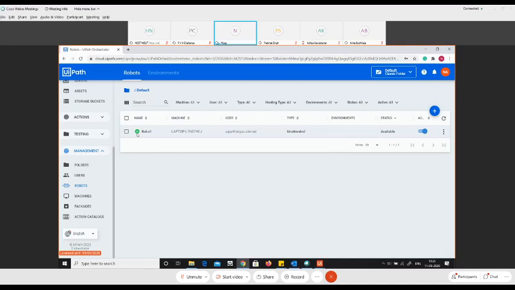Now we have done the very important step, as in we have connected our UiPath Studio to the UiPath Orchestrator. That means now they can communicate with each other. So very simple setup. I hope everything is fine. If anybody has a question, please put a question or unmute yourself and ask so that I can answer this, because this is very important to understand what are the steps for connecting to the Orchestrator portal. And after that, I'll tell you how to use the Orchestrator portal.